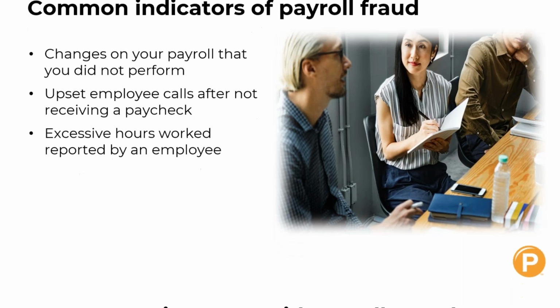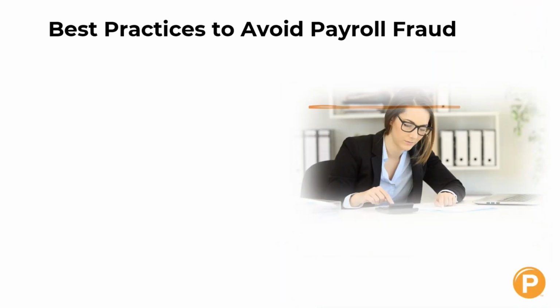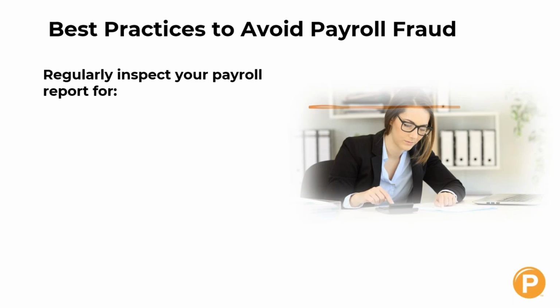So what are the best practices to avoid payroll fraud? Well, the first thing you really need to do, and I think most of you probably already do this, is to regularly inspect your payroll report. Look at your new hires. Do you recognize that they are new hires and that they should be new hires? That might be more difficult in a big company. If you're not in HR, you may not know who all the new hires are. So maybe there's a way to cross-reference with HR what new hires are coming on board,